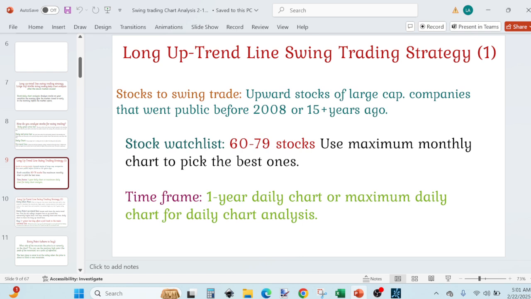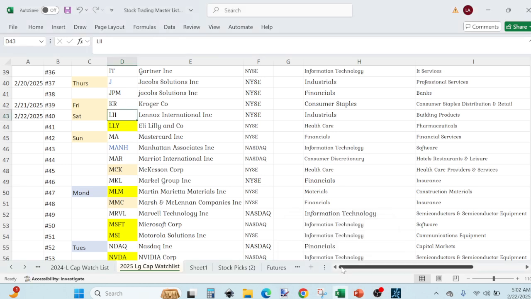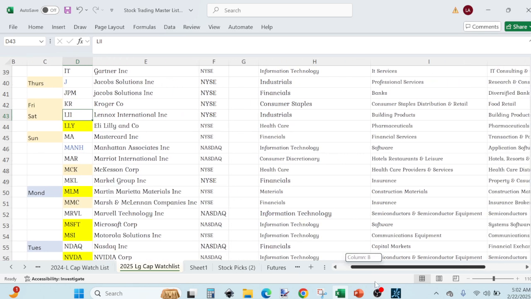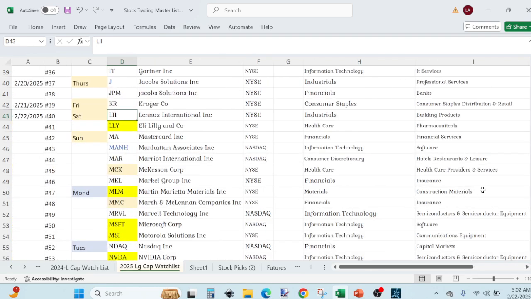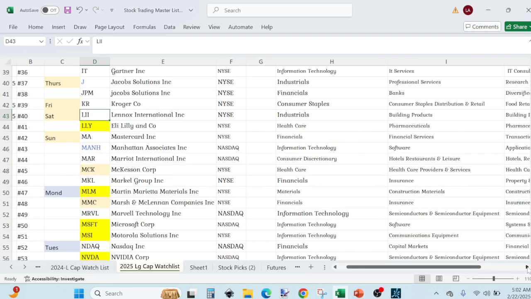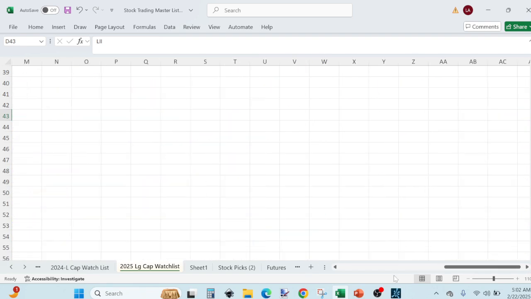And it's good to have a stock watch list, a number of stocks that you think you can analyze within an hour every day to get to know those stocks that you pick. And we have a stock watch list of large cap, more precisely upward large cap. And if you are looking for ideas on how to create your own watch list, we have a playlist in the description